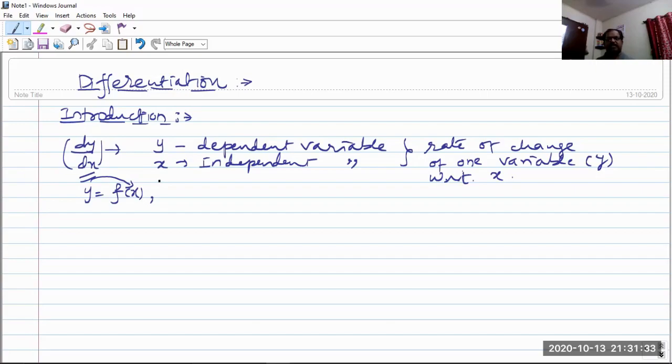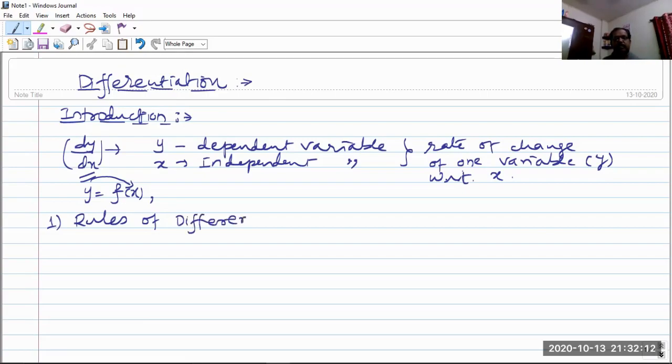So students, differentiation is a very important topic. So we'll start with the introduction part. Before going to see how to find the derivatives of different functions, the very important concept we must know is the rules of differentiation. What are the rules of differentiating various functions? Just like in algebra, as we know the addition, subtraction, product and quotient of various functions, how they are obtained, let us see. That is nothing but the rules of differentiation. Let us see one by one.